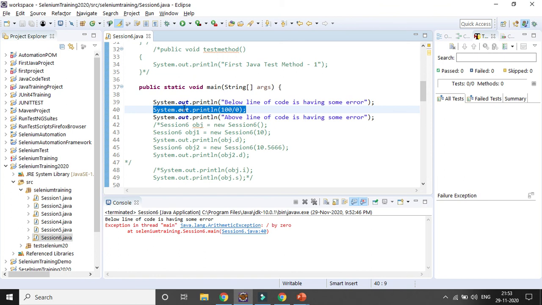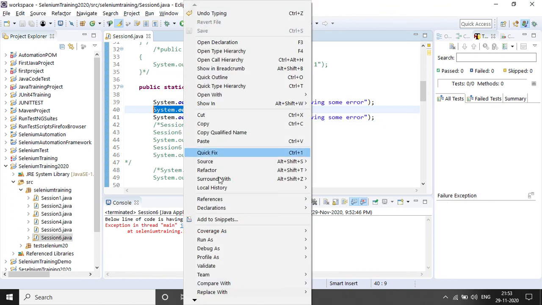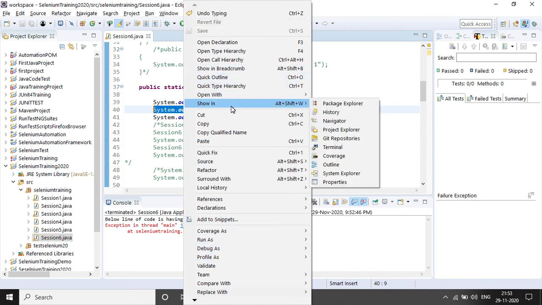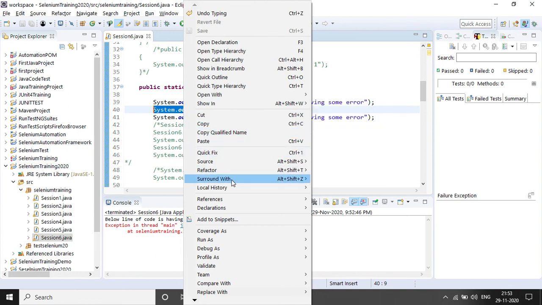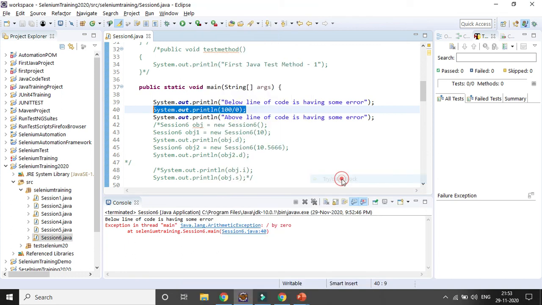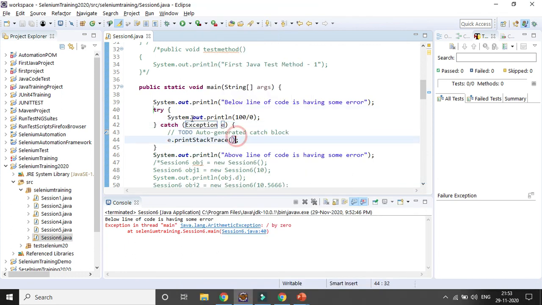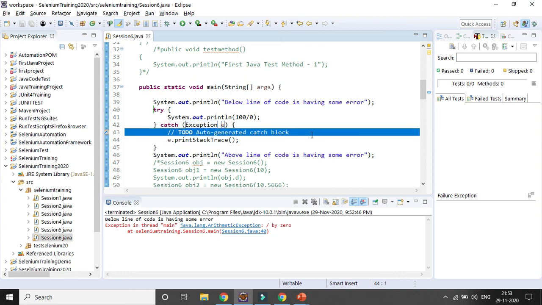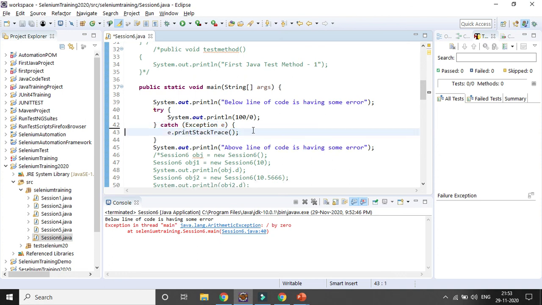If you select the code and right click, there is an option called surround with. You can see surround with try catch block. If you add it, you can see immediately it is surrounded with a try catch block. Now I will change the line, or you can update it here also.